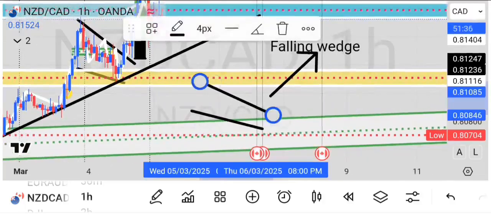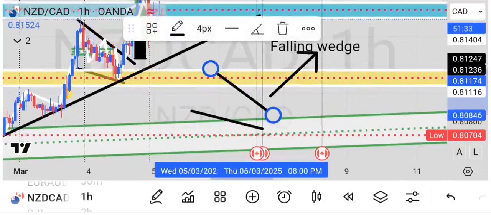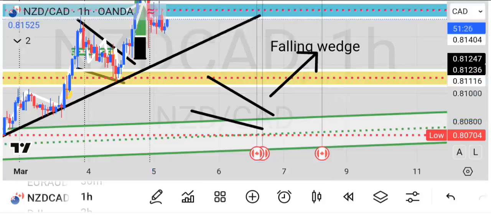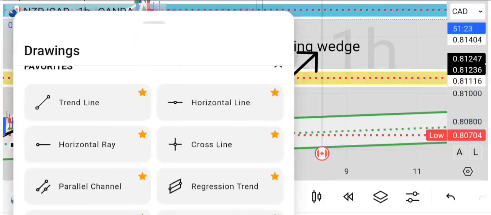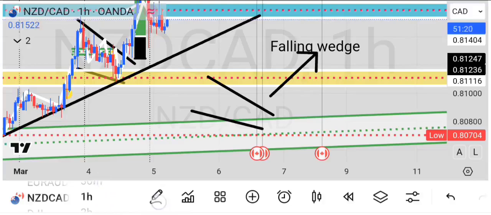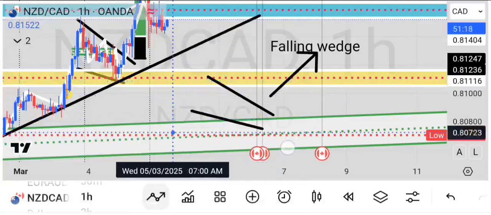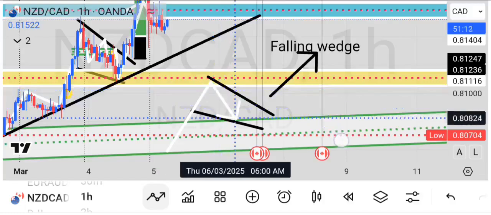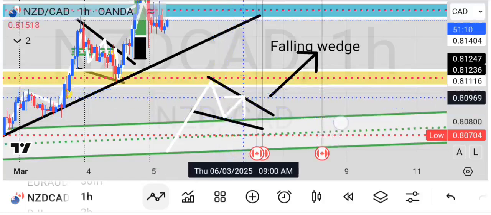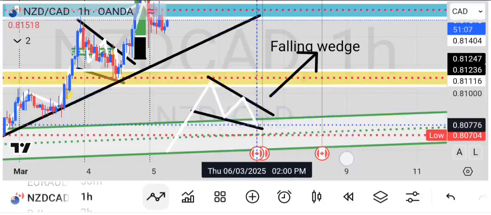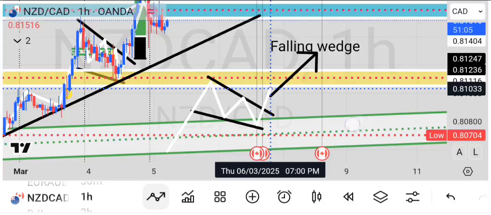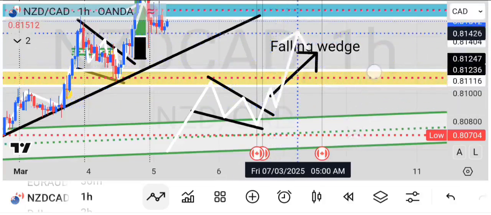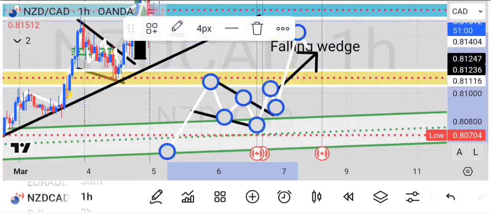So this chart pattern called the falling wedge contains one trend line that touches the lower highs, and the other one touches the lows, lower highs and lower lows, before it breaks. Wherever the chart pattern breaks,